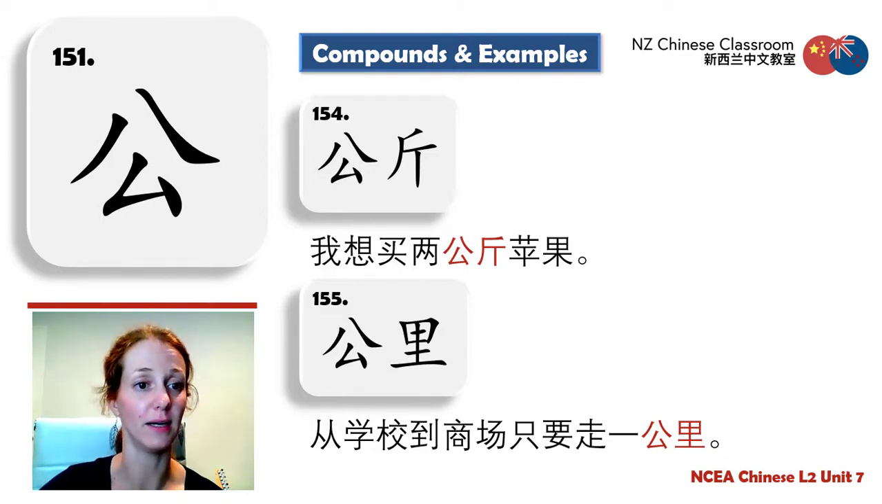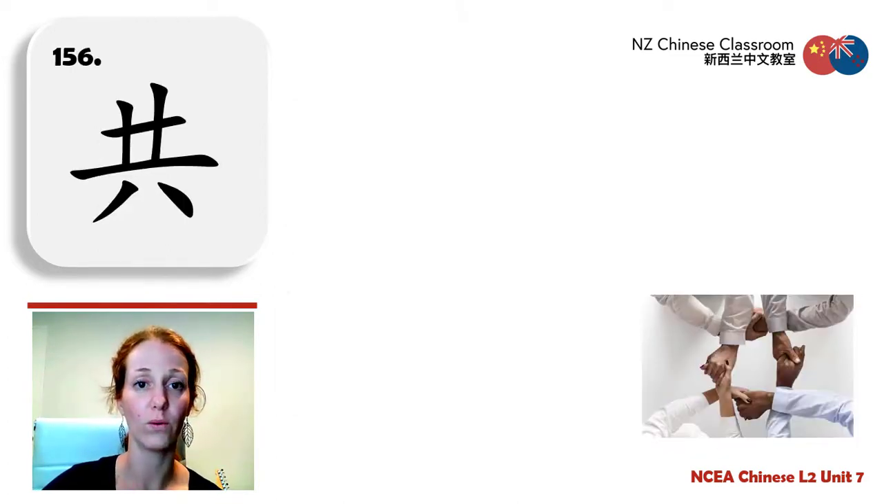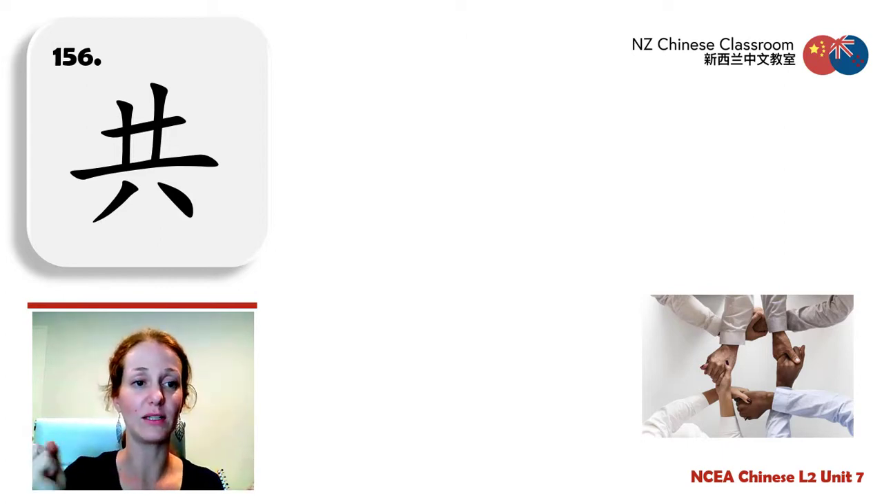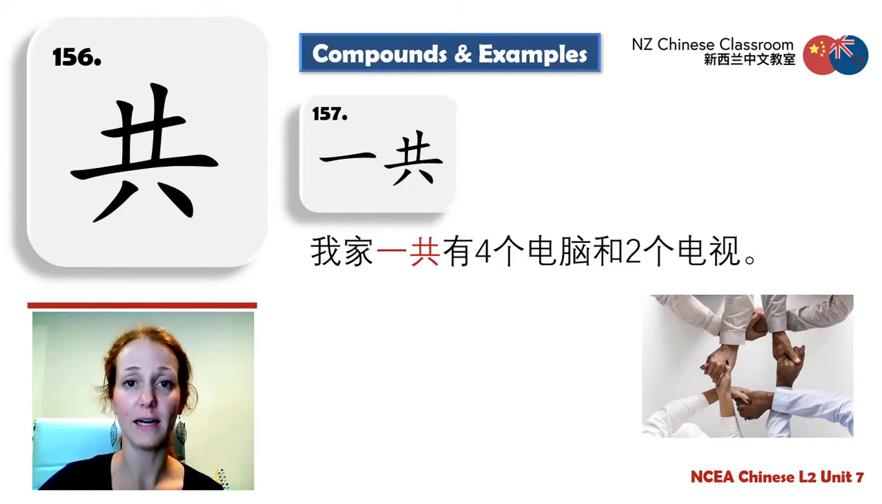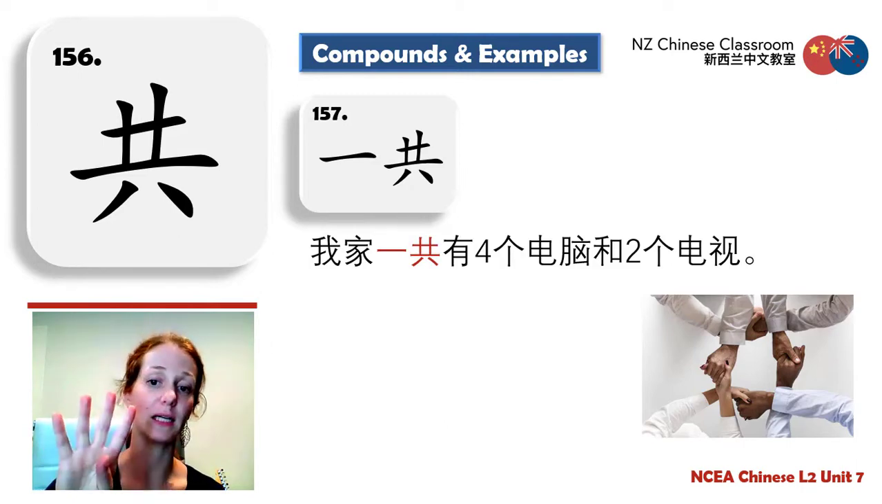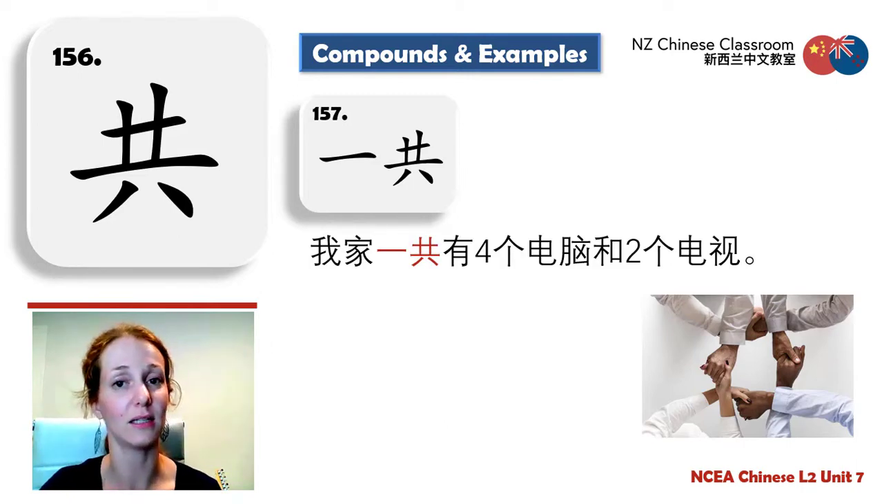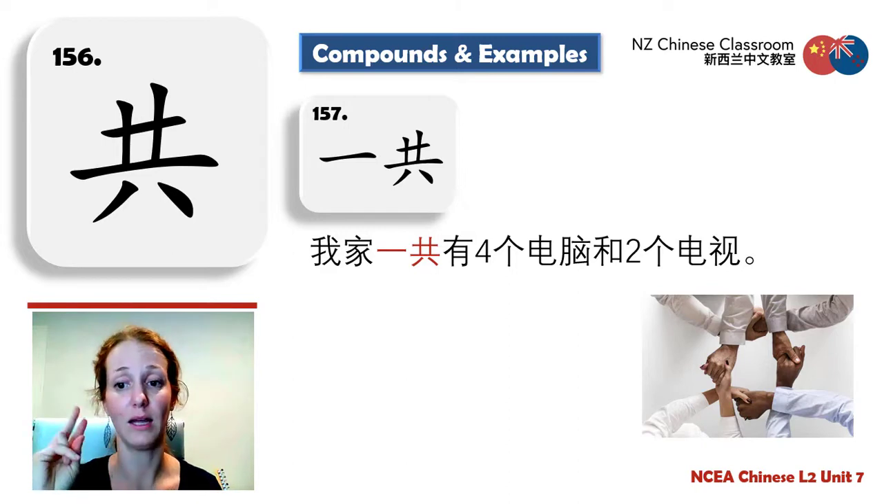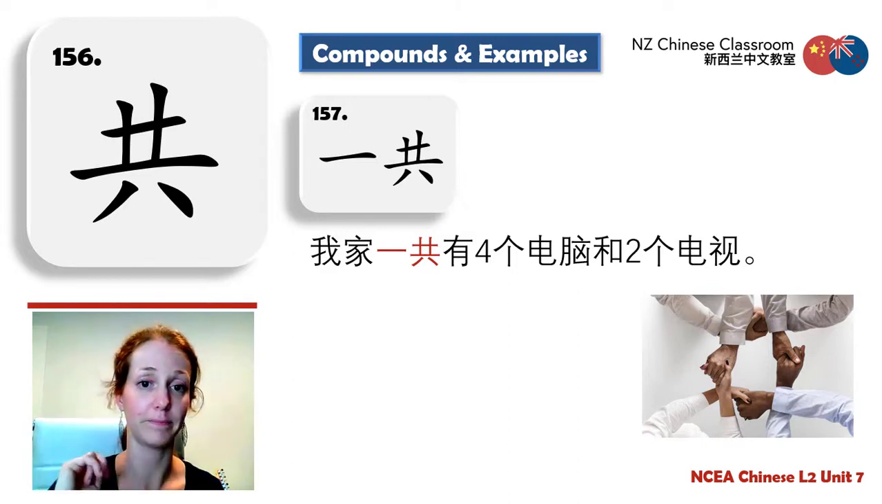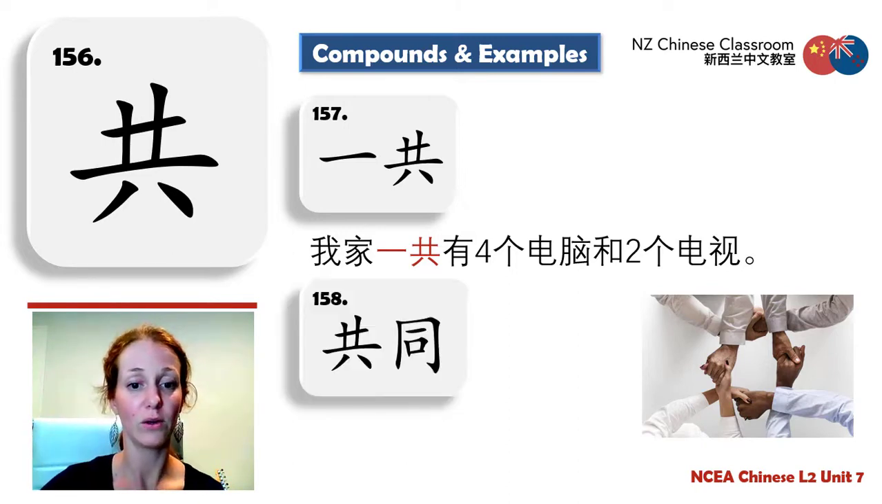好，下一个共. So this one's the people are holding hands, they're doing something together. The character looks a little bit like that. 一共 means all together. 我家一共有4个电脑和2个电视. My family altogether has 4 computers and 2 TVs. Okay. 共同